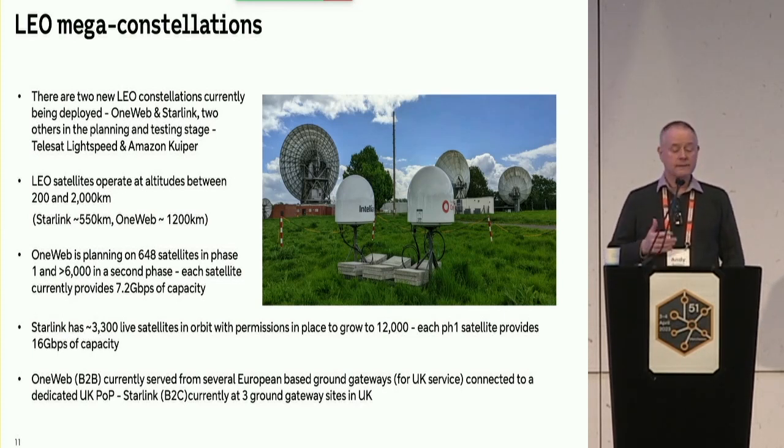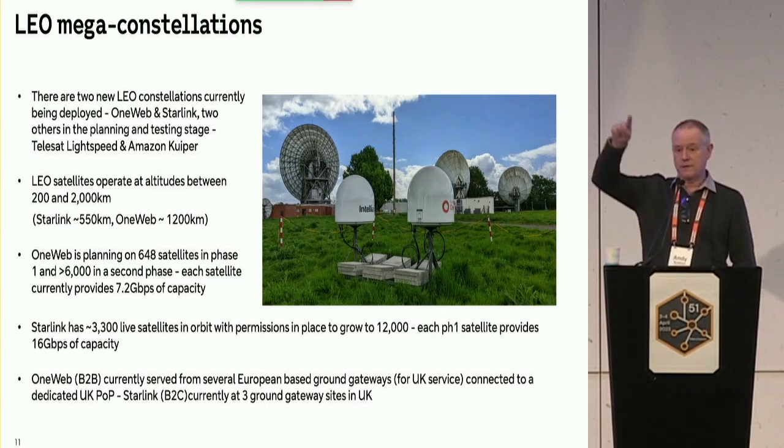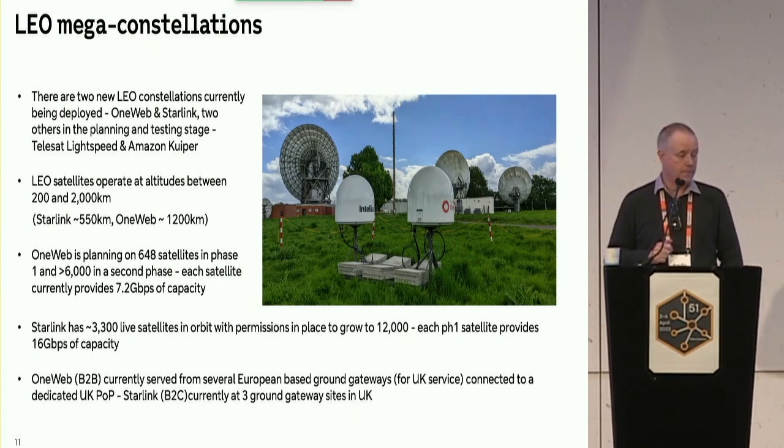Now, today, there are no inter-satellite links in operational use. So inter-satellite links are being tested by the providers. But primarily, even with a LEO solution, you'll go up to the satellite, it's a bent pipe, and you'll come back down. So with LEOs, that means you need lots of ground stations or ground gateways, effectively. OneWeb, the coverage in the UK is currently served from several European gateways, connected to a dedicated UK POP. And Starlink have got 3 ground gateways in the UK at the moment,